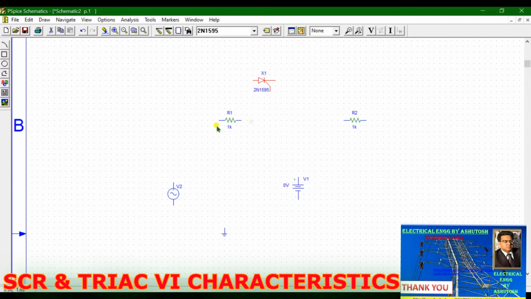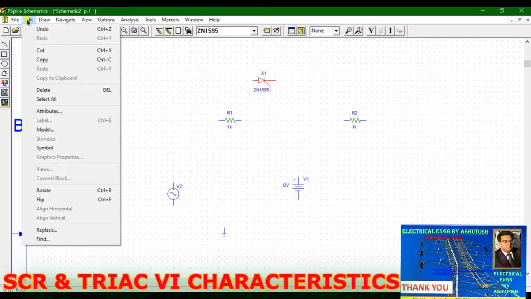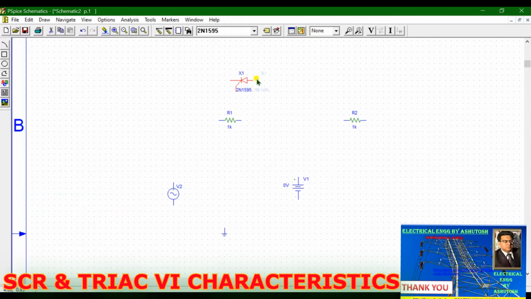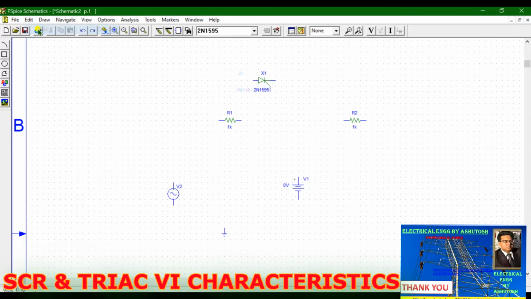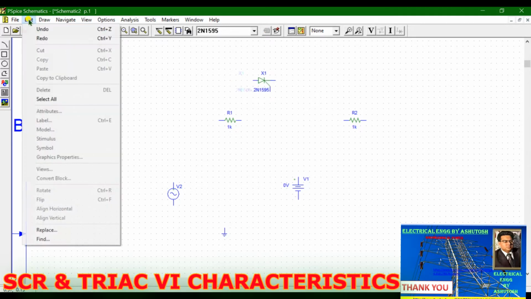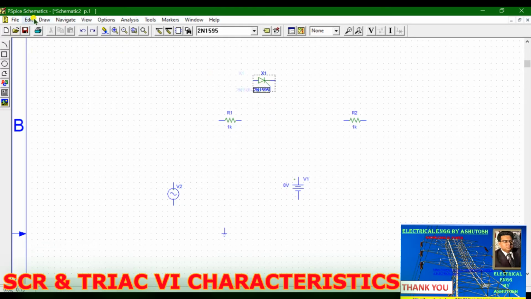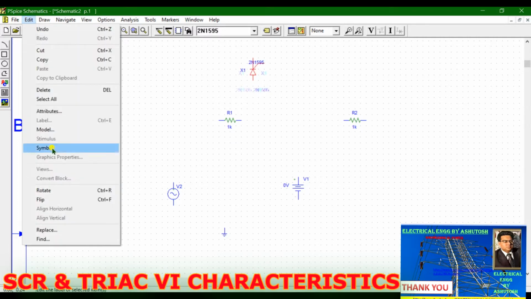wherever you want. Okay, so we can go to edit and flip, so it will get flipped. Okay, by flipping it, the direction is changed. Okay, you can undo this, and we can edit, select this SCR, it will be in red color, and then rotate, it will rotate, then again rotate.